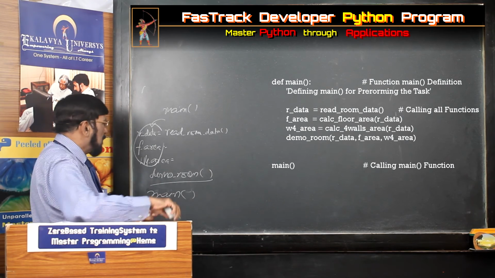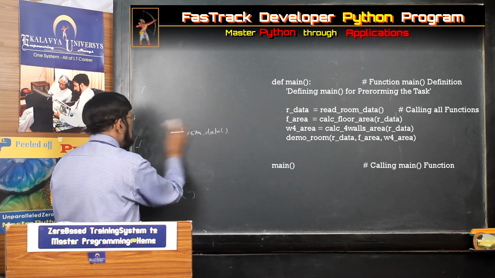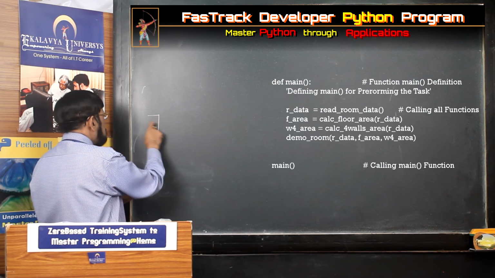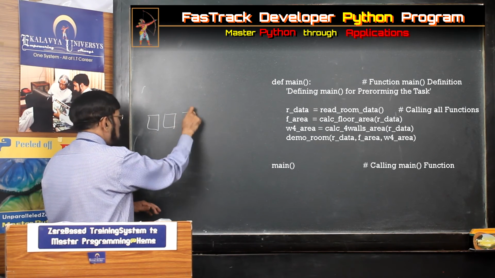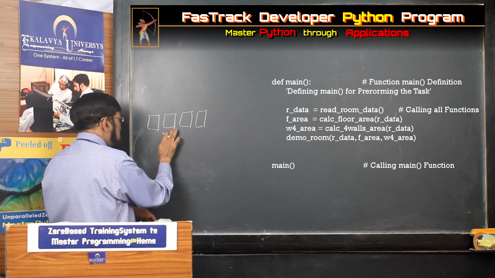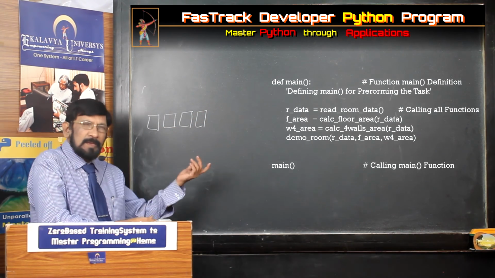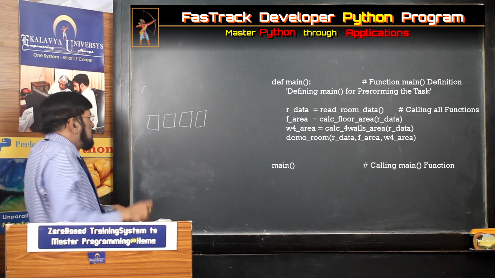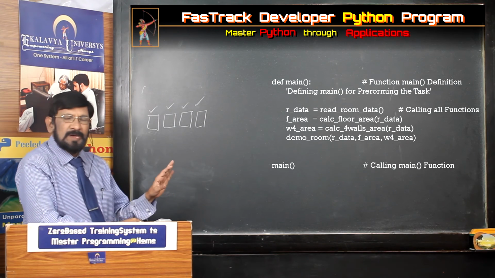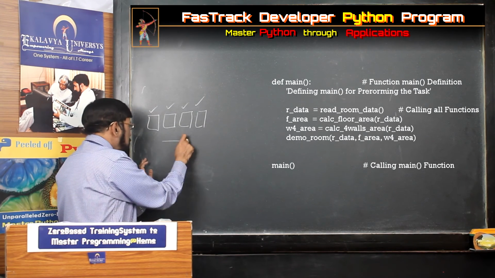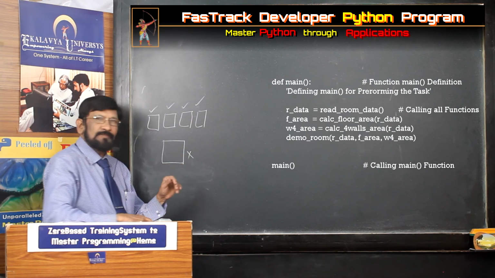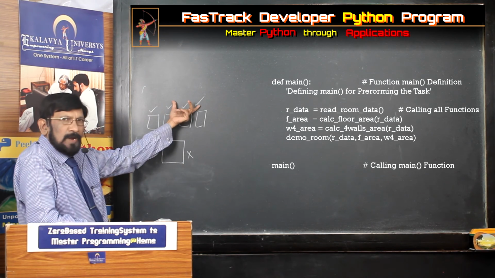Now, in the concept zone, I clearly explained to you. Suppose in your home, four types of equipment are there. One is cooler, other one is fan, other one is light, other one is something like a mixie. Four are there. For all of them, switches are on. But main switch is off. Then they won't work.